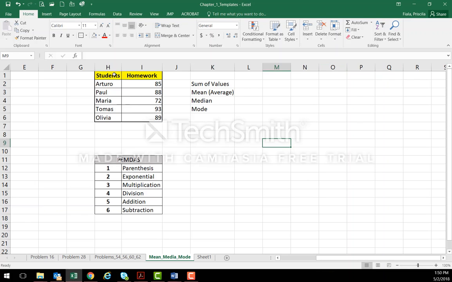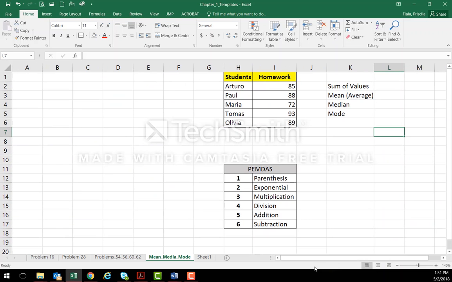Let's say that I have 5 students in my class and I have graded their homework. Okay. And then I ask you, what is the mean, the average of their homework grade? Well, if you're working with Excel, which I hope you are, let me make it a little bigger, then the